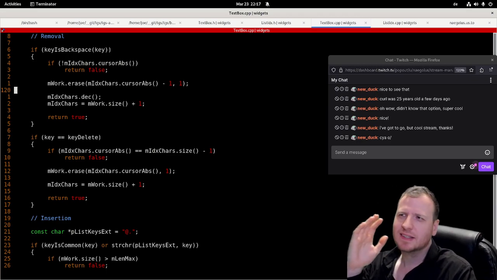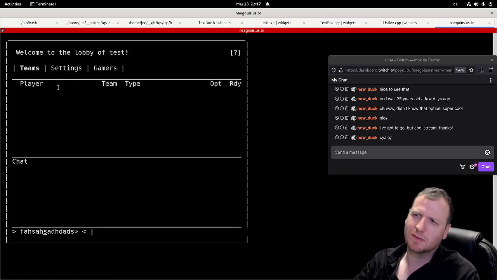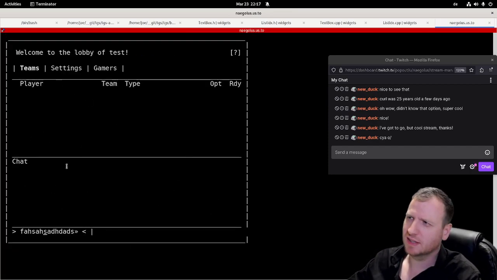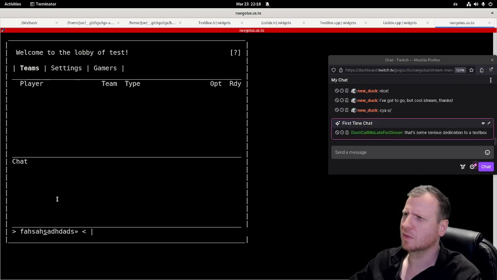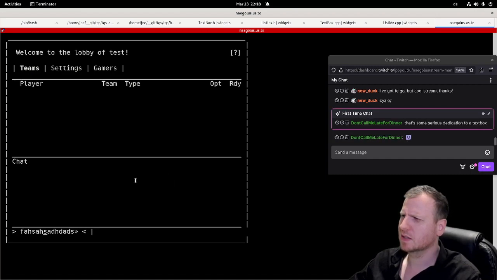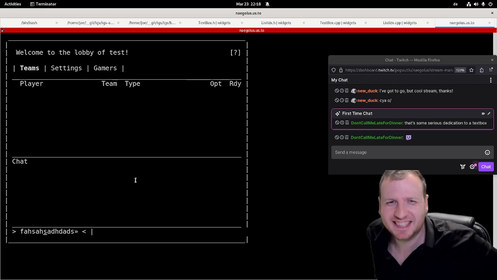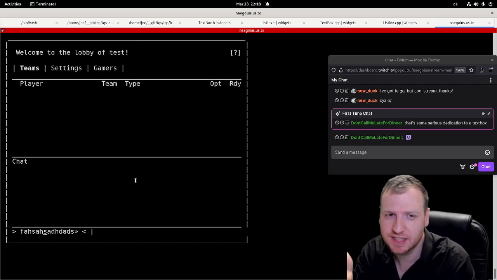Oh, it's so strange. I don't know why, but it's easy to implement SSH and it's easy to implement a chat and stuff. Oh, let's try to. That's interesting. We are in the widget state. That's some serious dedication to a text box. Yes. The strange thing is,